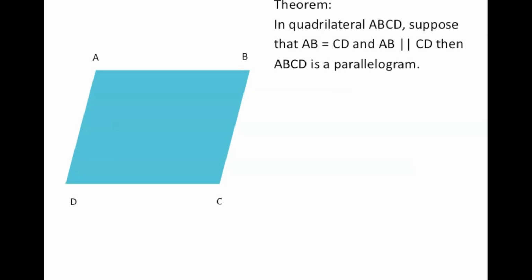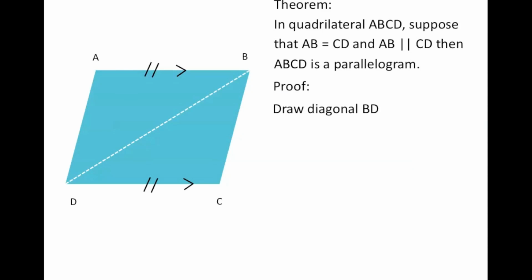Now the next theorem that we're going to cover is in a quadrilateral ABCD, suppose that AB is equal to CD and AB is parallel to CD, then ABCD is a parallelogram. So again, just like the previous ones, we're going to draw the diagonal BD. You could also prove these using the other diagonal AC, but to be consistent, we've been using BD throughout the proof. Okay, so now that we've shown BD, and we know that AB and CD are parallel plus equal, then